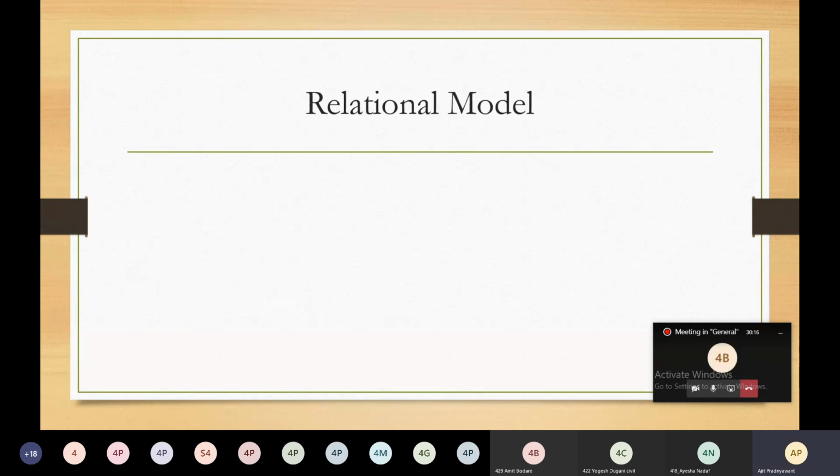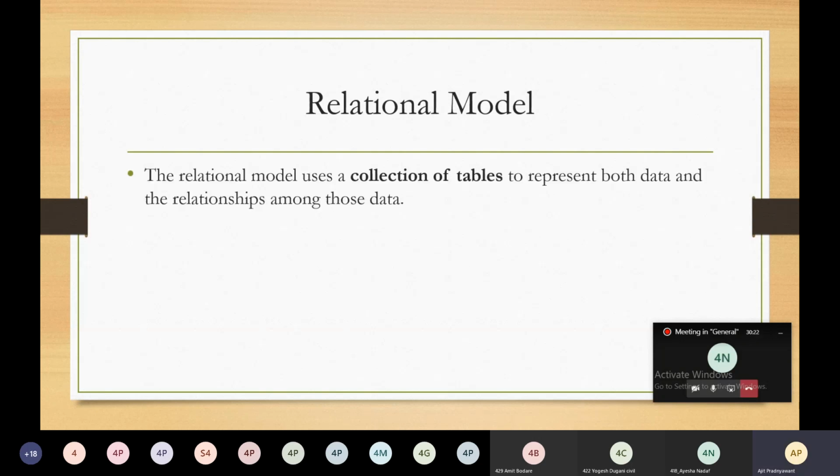First we are going to see the relational model. The relational model uses a collection of tables to represent both data and the relationships among those data. We are going to see what the relationship among the different data consists of.